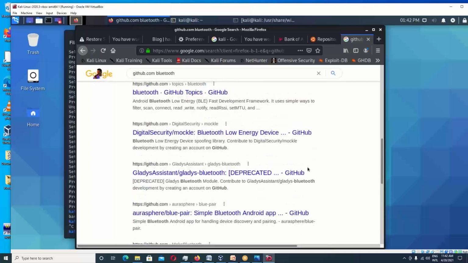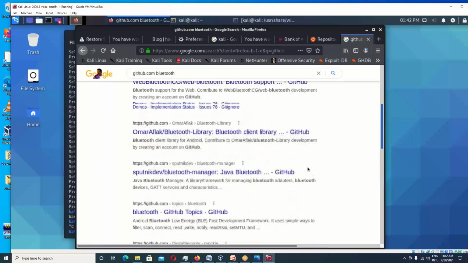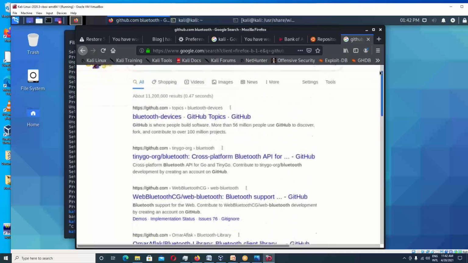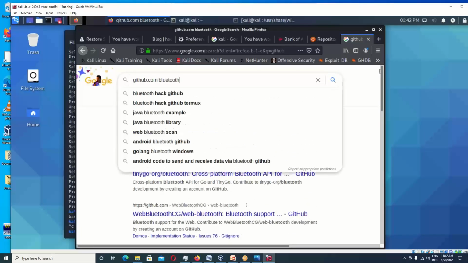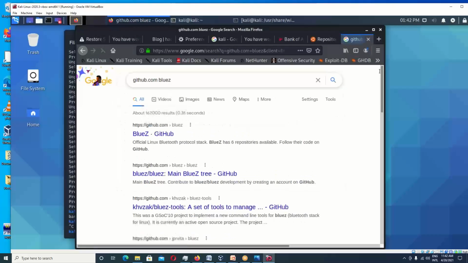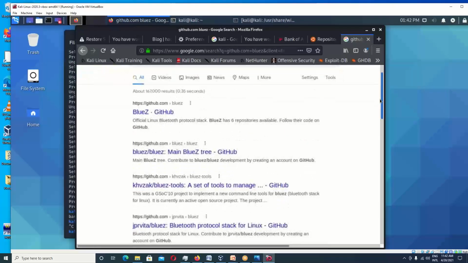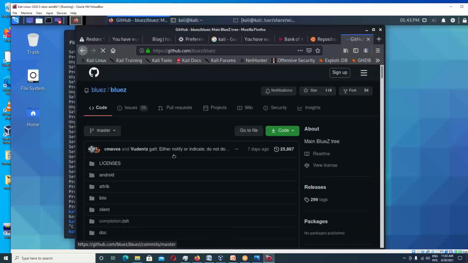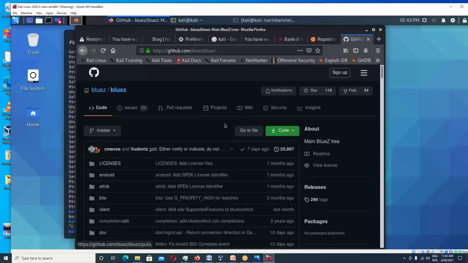One of the tools that we'll use later on, okay, is a Bluetooth utilities called BlueEZ. What we'll need in the Bluetooth section, here it is right here. All right, this is BlueEZ. There's a whole bunch of tools for managing Bluetooth. So what we can do is if we want to